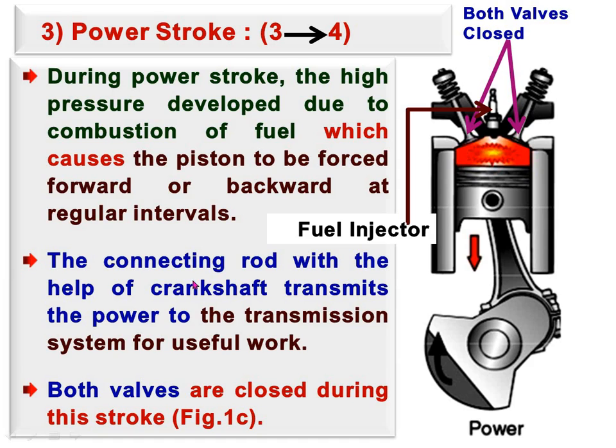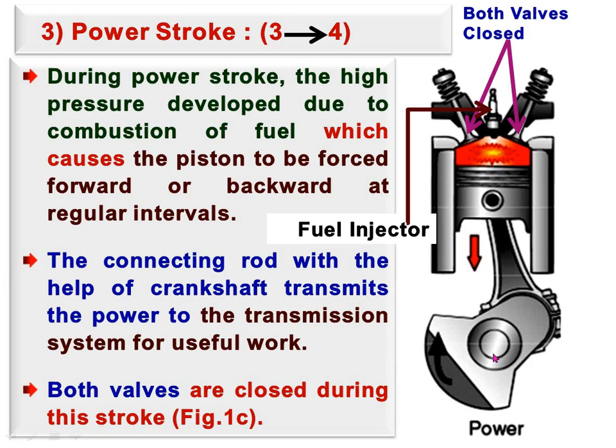The connecting rod, with the help of the crankshaft, transmits the power to the transmission system for useful work. Means whatever load or force has been exerted upon the top of the piston is transmitted to the crankshaft via the connecting rod, and